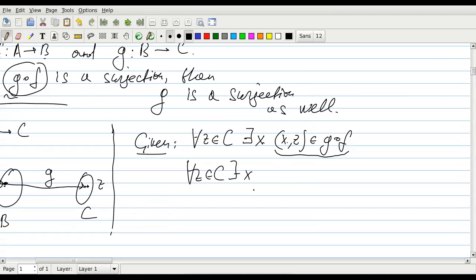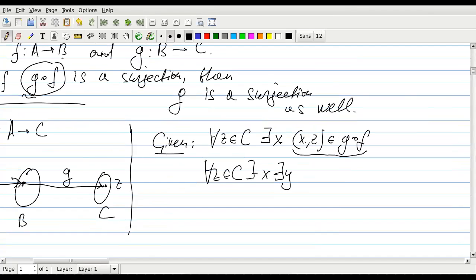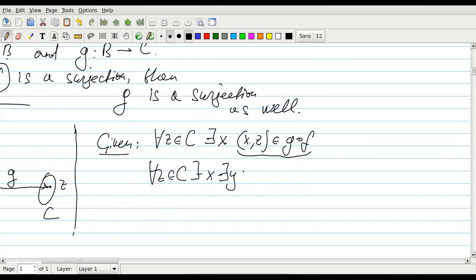It means there exists some y, from B of course, but it doesn't matter much, so that x, y belongs to F, and